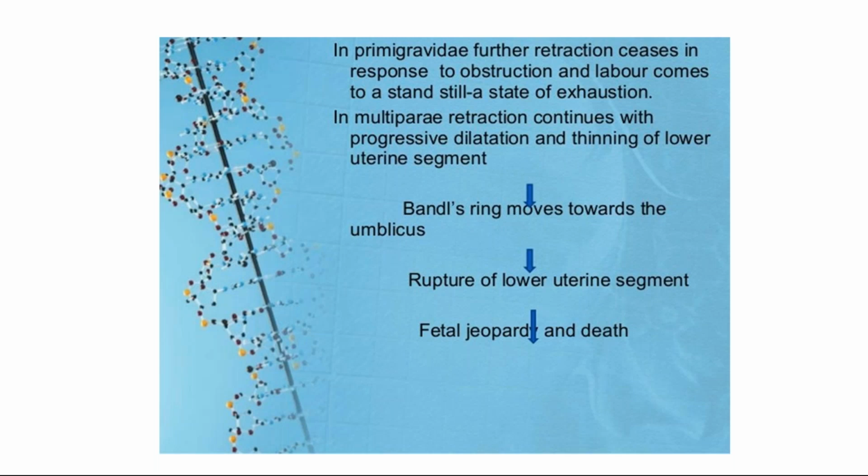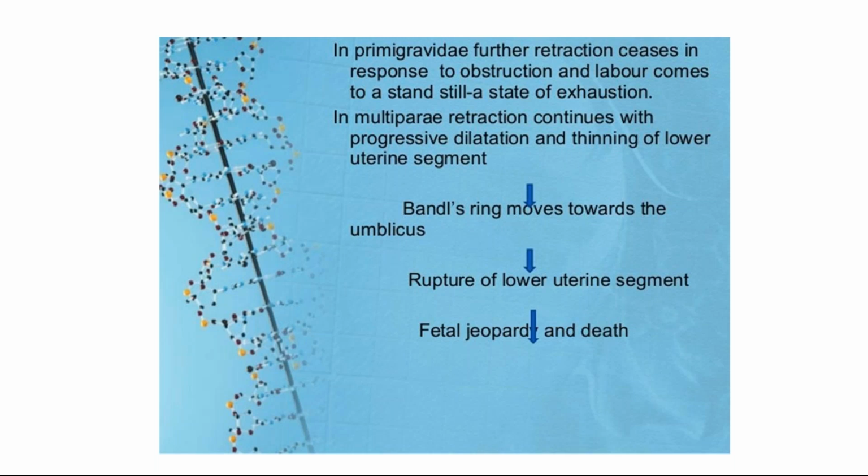So it's very, very important to diagnose the Bandl's ring. First of all, if there is any abnormality when you are plotting the partogram, there will be 2 lines. When you are taught about the partogram, they will tell you how to mark the most important events in labor, which are cervical dilatation and descent. Is it not? When you are plotting these two, the 2 lines will be there. One is an alert line and the other one is an action line. So whenever the graph has reached the alert line, you should become alert and look back and see what we are missing in this case.